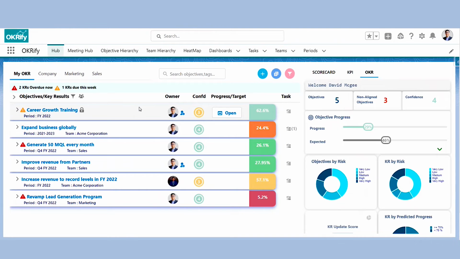In this video, we are going to see some of the key features available in OKRify. Right now, I'm in Salesforce within the OKRify application. In OKRify, we have Hub, which is the central place for a user to manage pretty much all the different